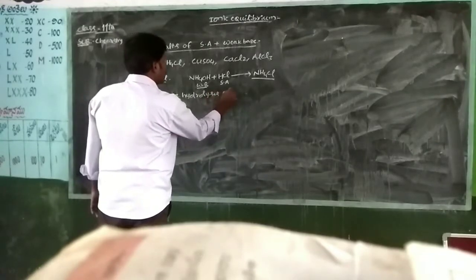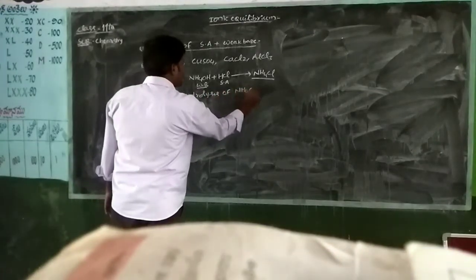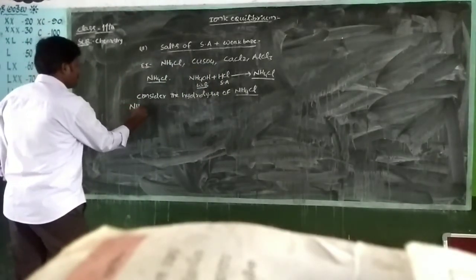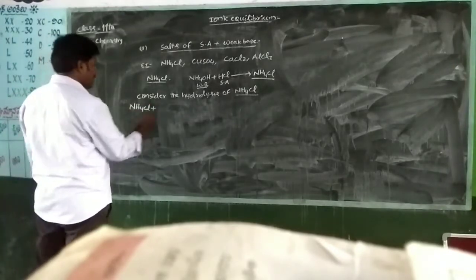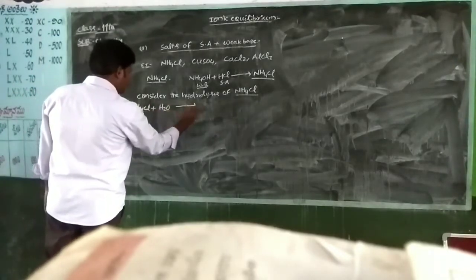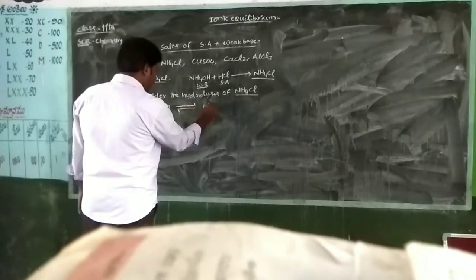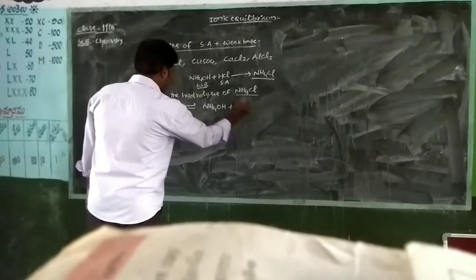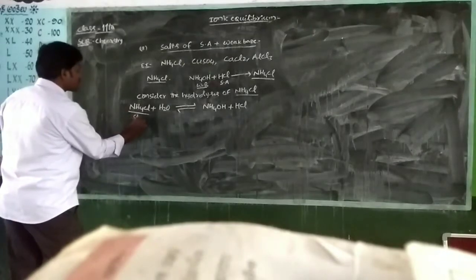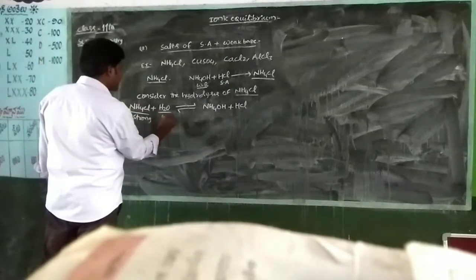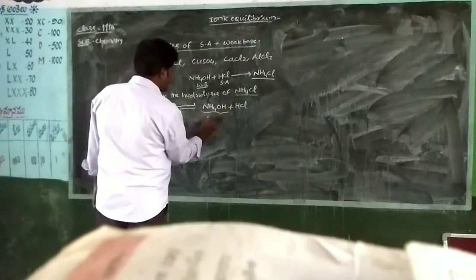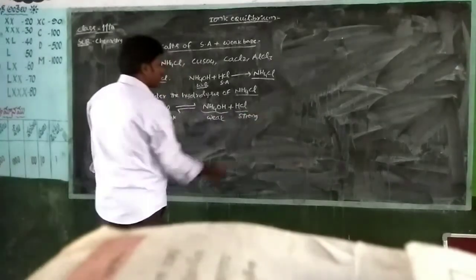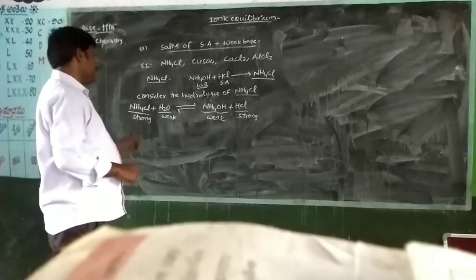Of NH4Cl. NH4Cl reacts with water to get the NH4OH plus HCl. NH4Cl is a strong electrolyte. This is the weak electrolyte. This is the weak electrolyte. This is the strong electrolyte. Strong electrolyte means completely ionized. Weak electrolyte means